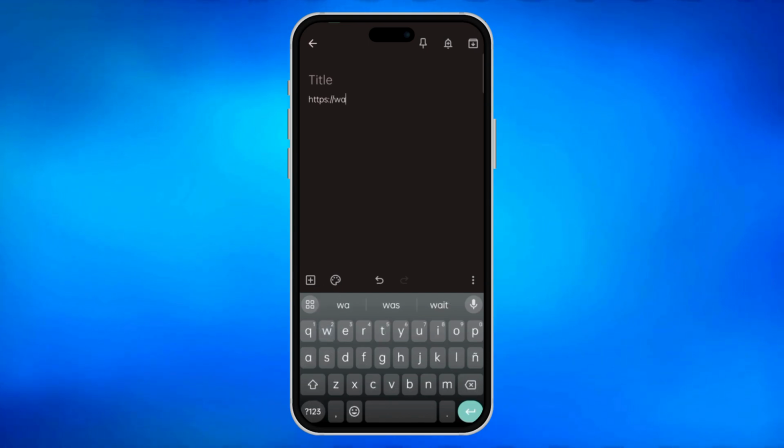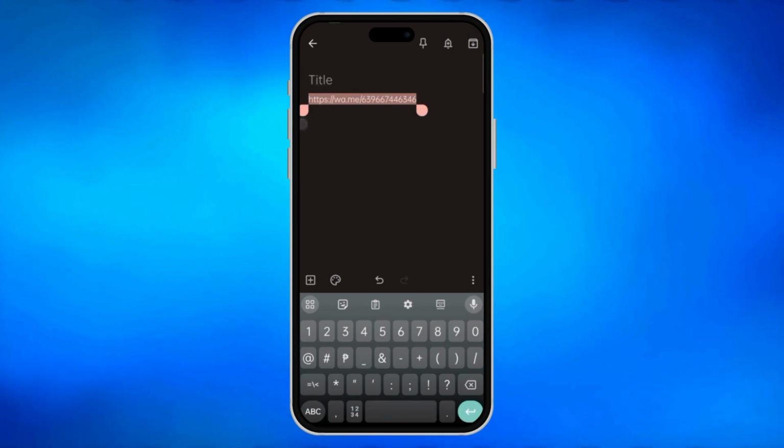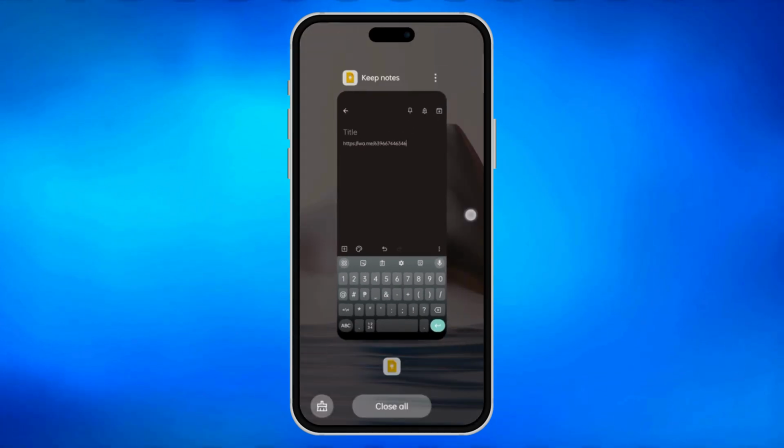And then after that, you will put your WhatsApp number in the correct international format. But you'll need to remove any special characters like plus signs or dashes, like this number of mine. After that, you copy it and then exit to the Keep Notes